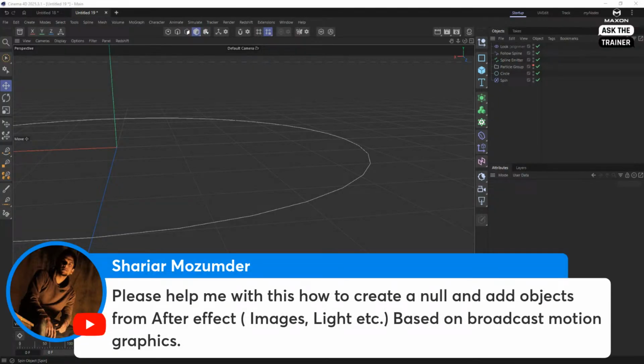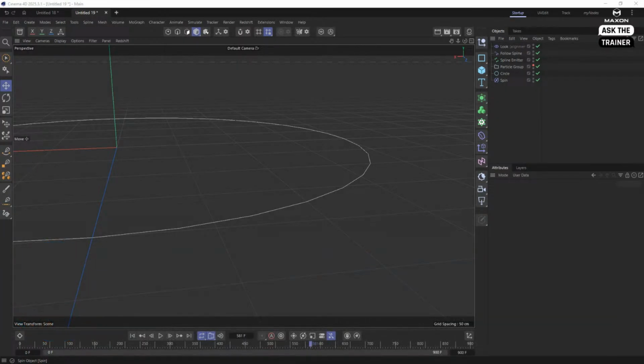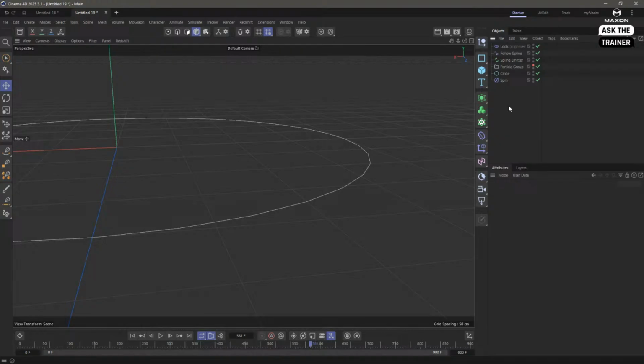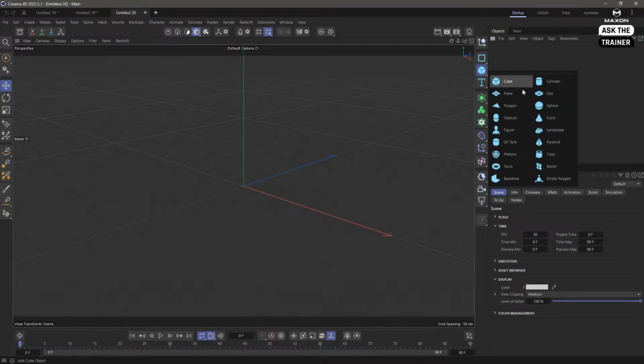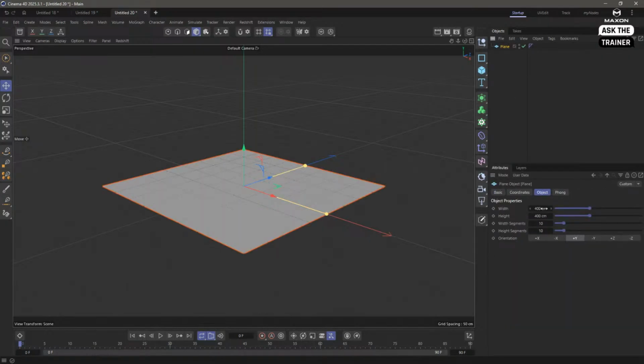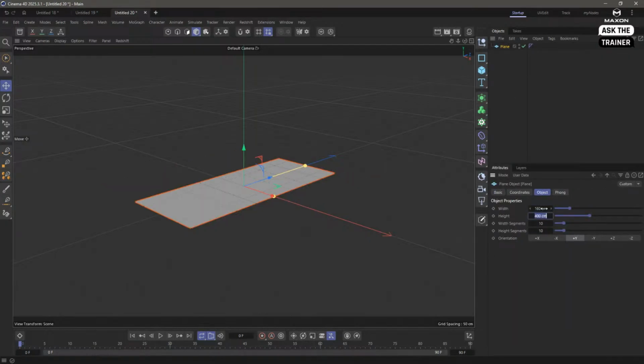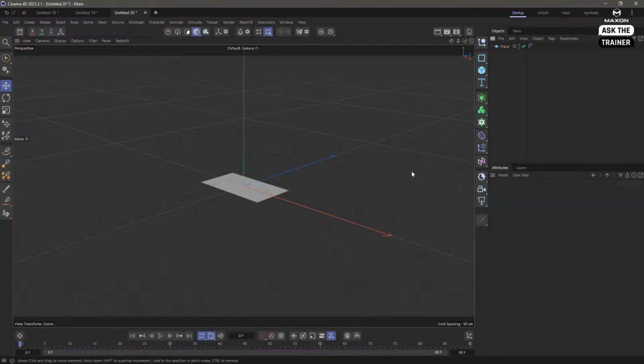How to create nulls and add objects from After Effects, images, light based on motion graphics. Do you want to add them in Cinema 4D, or do you want to export the null to After Effects? If you want to import things, you import them as a movie. And if you want to attach a movie, create a plane, make it 16 by 9, some sort of ratio,